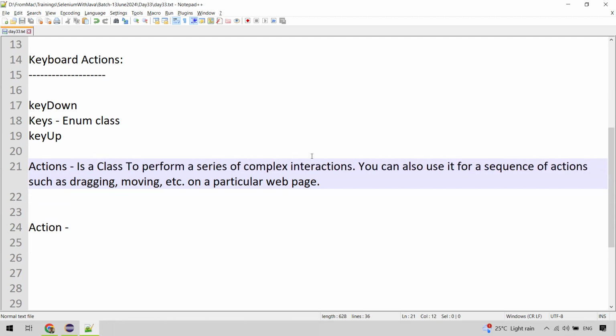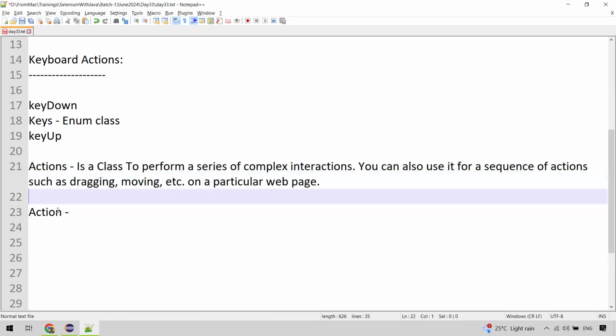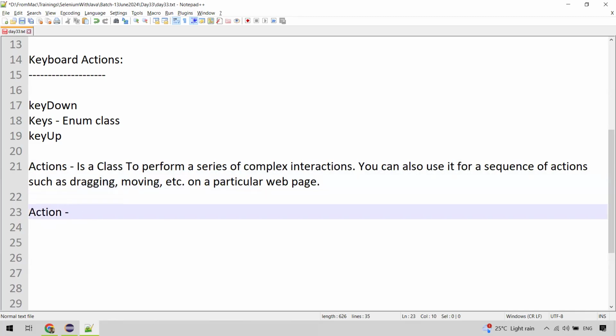To perform a series of complex interactions. You can also use it for a sequence of actions, in the sense of more than one action. You can perform them using the Actions class. Whereas Action, we can call it simply like,